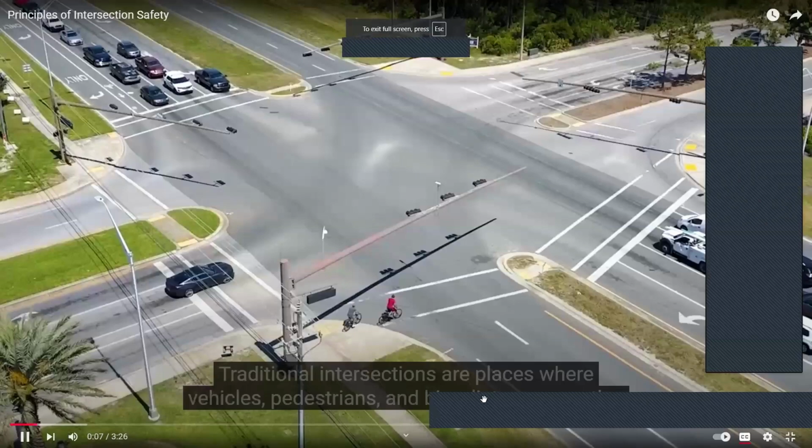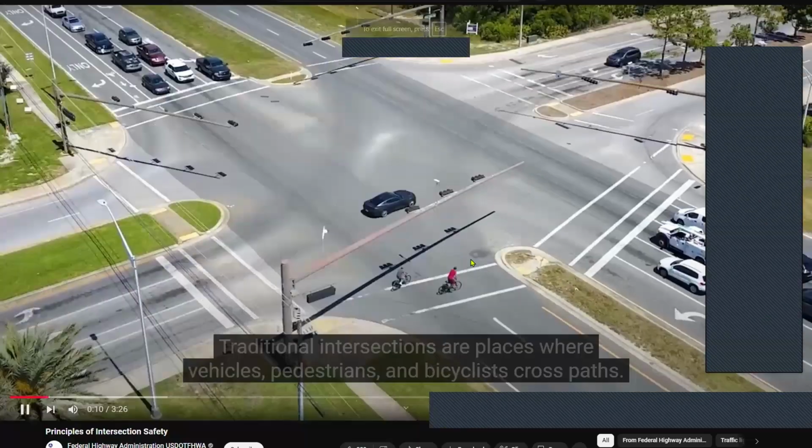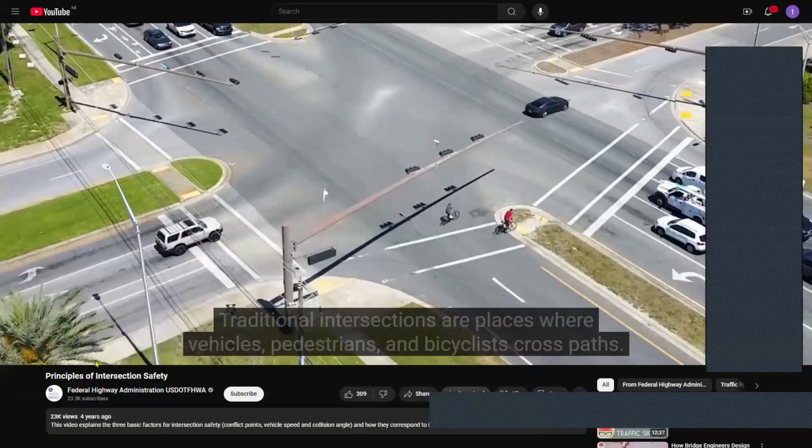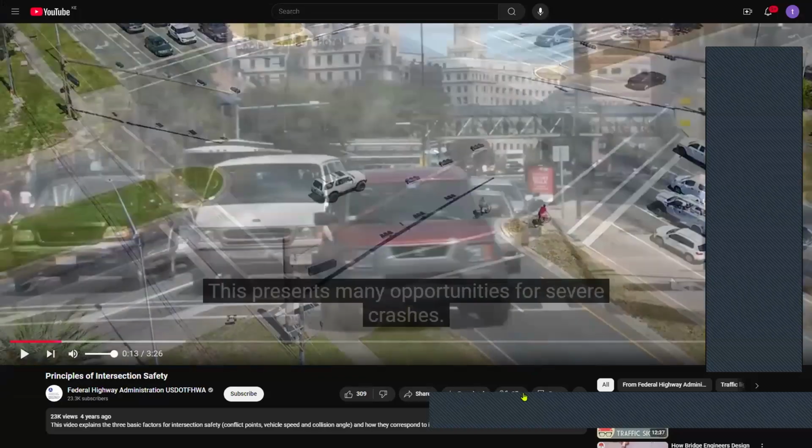Traditional intersections are places where vehicles, pedestrians, and bicyclists cross paths. This